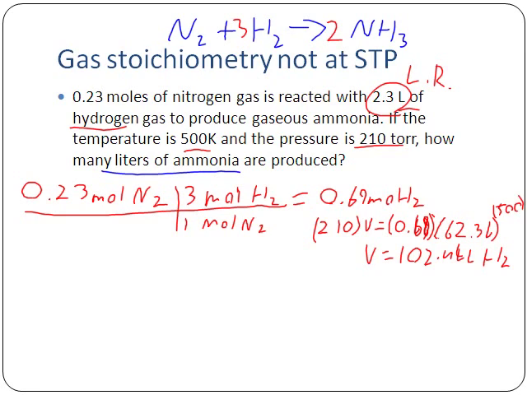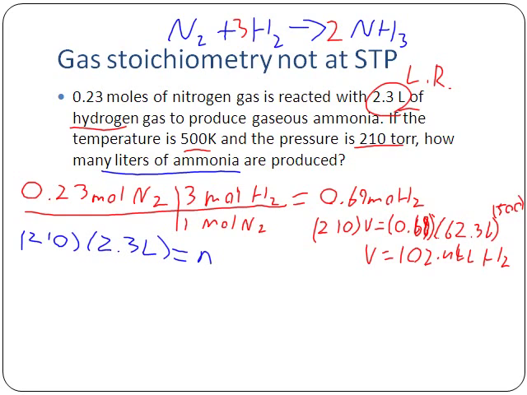And so to do this, we start off with 2.3 liters of hydrogen gas, but because it's not at STP, we're going to have to go back through our PV equals nRT, our ideal gas law, again. So we say the pressure in this case is 210, as we said before, times the volume. In this case, we know what the volume is. It's 2.3 liters of our hydrogen gas, equals n, the number of moles, which we do not